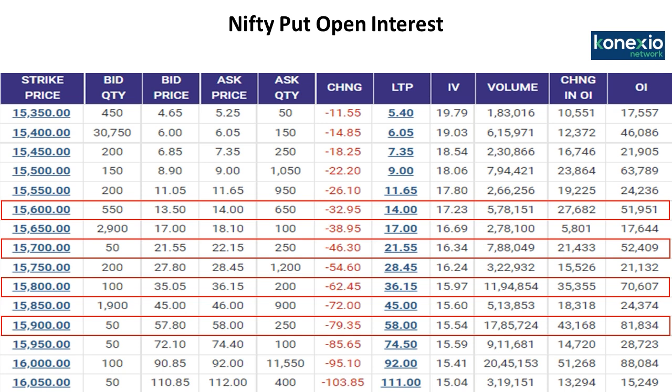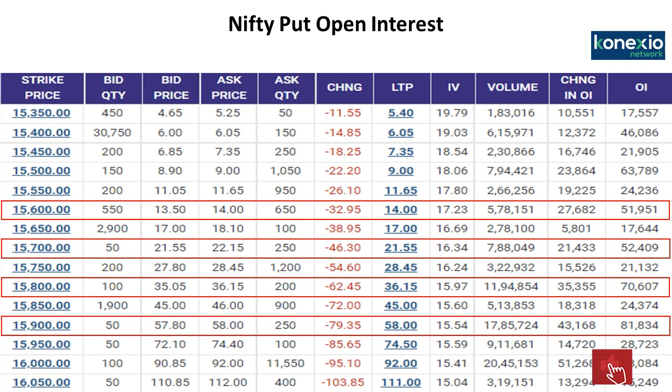Still, it is in the comfort zone, but once there has been a profit booking seen in the Nifty puts, then implied volatility might shoot up. This clearly indicates that smart money has already started writing Nifty puts. So, on the downside, we feel that 15,700 to 15,600 could act as a very strong support for the Nifty